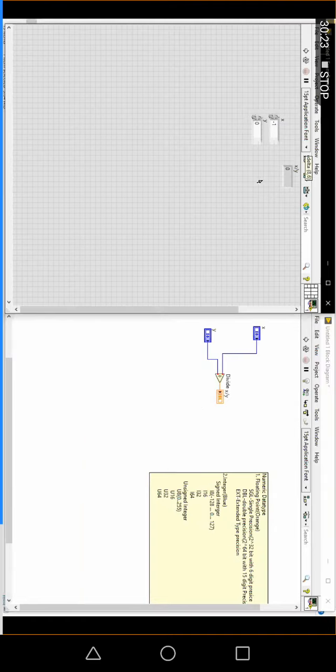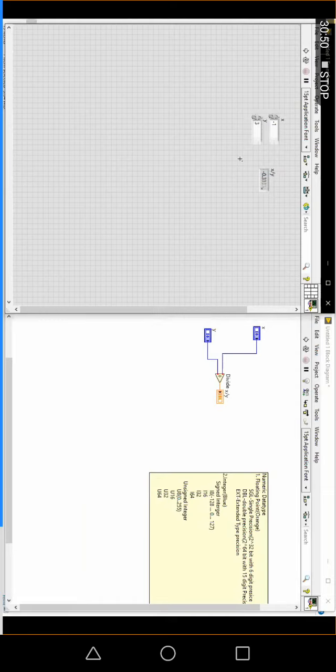Why do you get a DBL indicator? Suppose you are dividing 1 by 2, or minus 1 by 3, the output will definitely be a floating point output only. You won't get the output as an integer all the time. Our output will be floating point. That's why we go for the floating point as the output indicator.